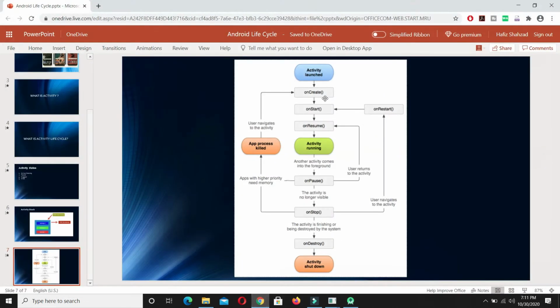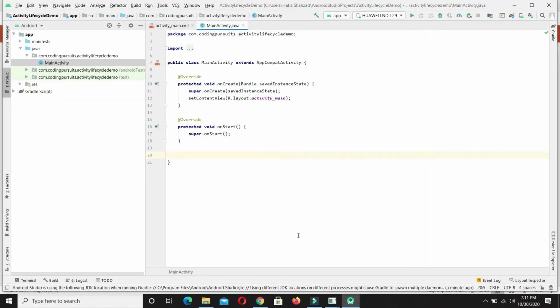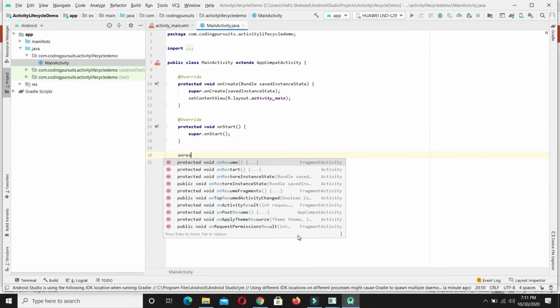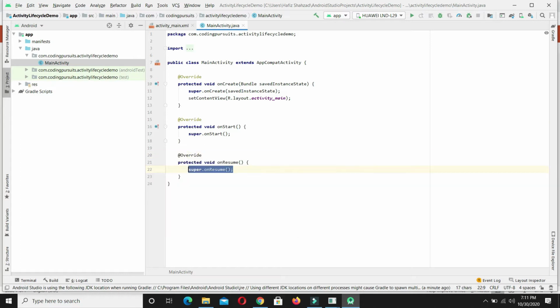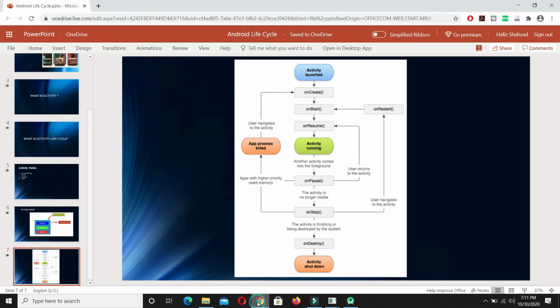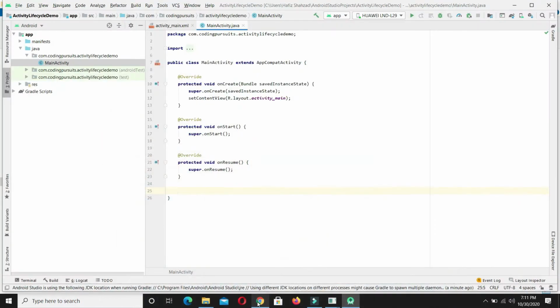In the same way, I will write all the events in sequence. Now onResume. You can also write it by clicking the enter button. Now onPause.